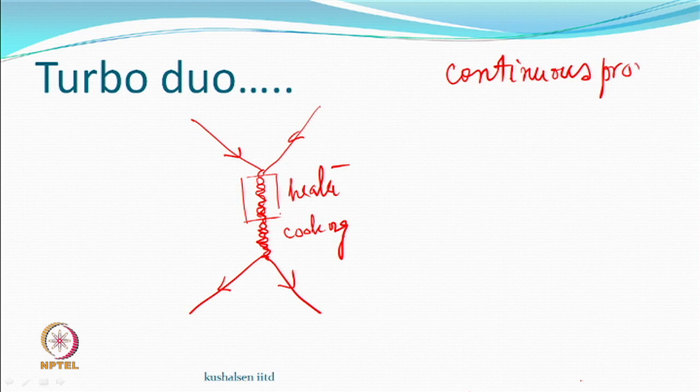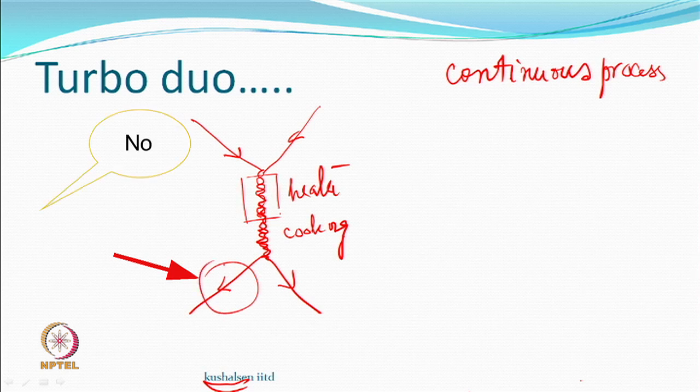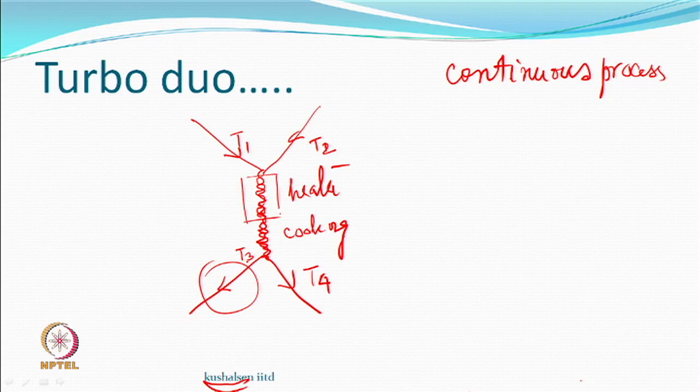So, it is a continuous process. Before winding, can we put a secondary heater somewhere here? Yes? No. Why not? The cooling is done. Right. So, there is enough tension here. You remember? These yarns are under tension, and this tension should be sufficient enough to remove the yarns from this zone.